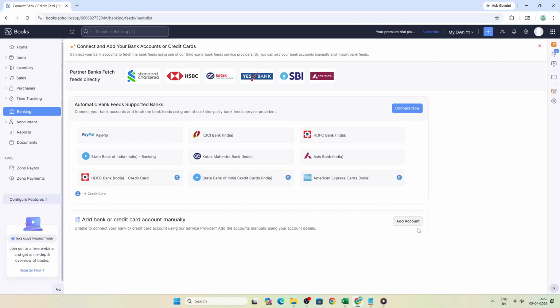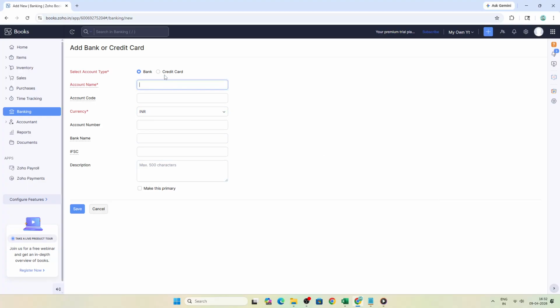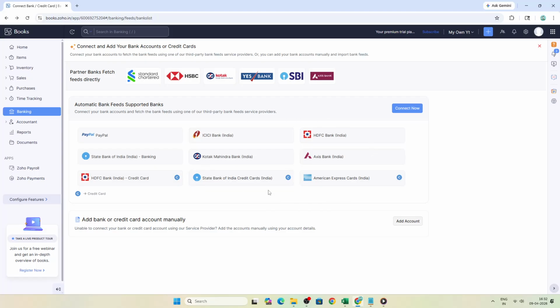Before uploading, a quick tip: ensure the file doesn't contain extra summary rows or password protection, and that amounts and dates are formatted consistently. If you are using a CSV, you'll be asked to select the statement type. Choose double column if deposits and withdrawals are in separate columns, such as deposit and withdrawal. Pick single column with amount type if there is one amount column and another field that labels each row